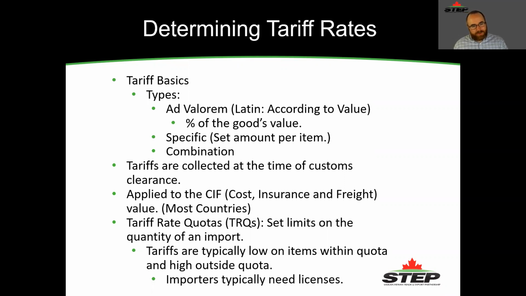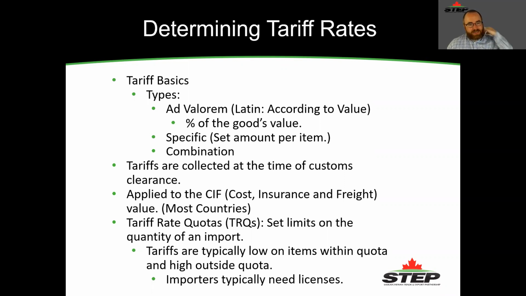An example of this might be Japan allows maybe 100,000 metric tons of wheat at 2% per year, and your importer would need a license to meet that quota. But it doesn't mean you can't export to that market. It just means that if you're outside of that quota, that rate could be 100 or 200%, which would basically close the market to that product.